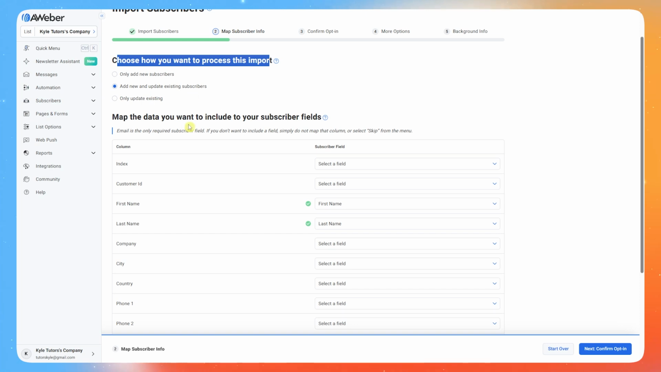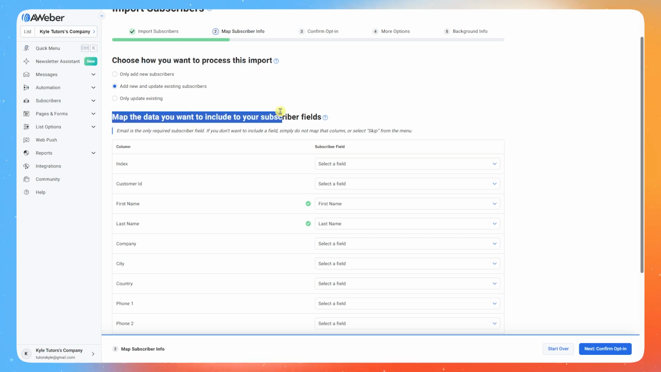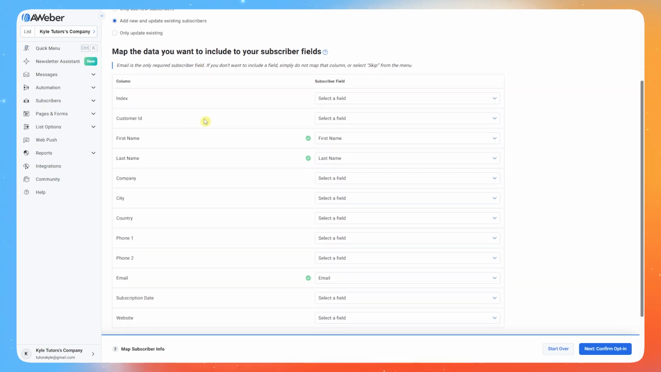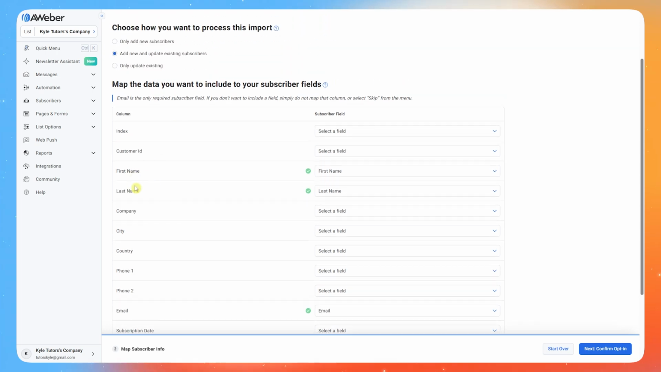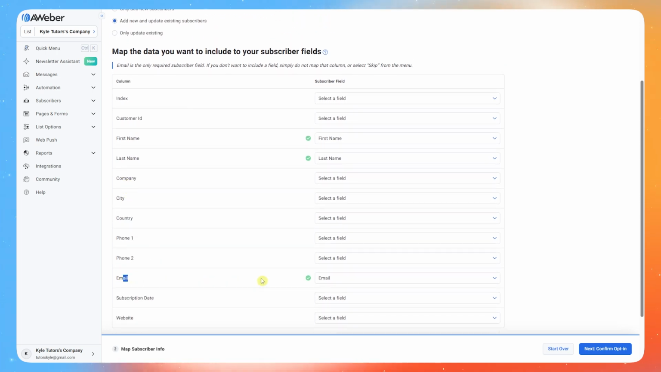Just like that. Next is you have the map, the data that you would want to include in your subscriber fields. In here, you can now choose the information that you would want to import into your Aweber from the file that you have uploaded. In my case, I'll just go for the first name, last name, and then their email. So if you would want to add more information, like maybe their customer ID or maybe their phone number,